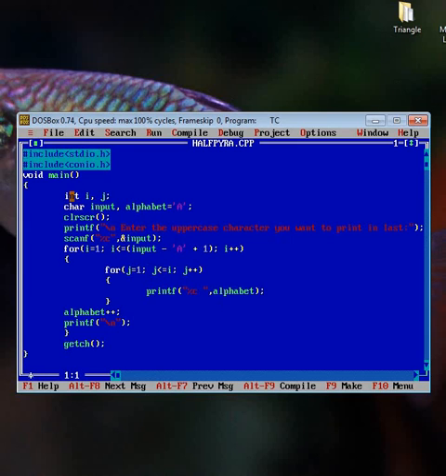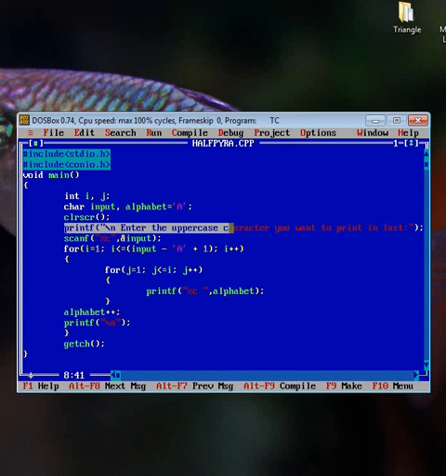Here we have used two character variables, input and alphabet, where we have initialized the alphabet variable with the value A, capital A. The input variable we have not initialized, and we have taken the value for the input variable from the user, which is entered by the user on the console.